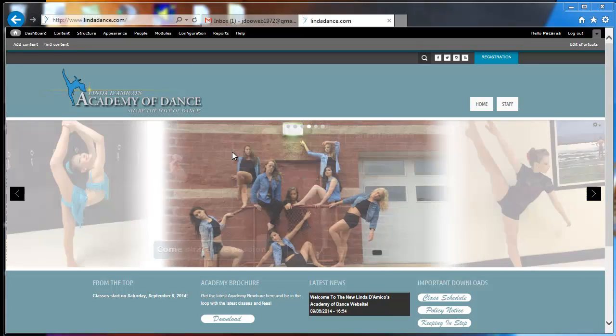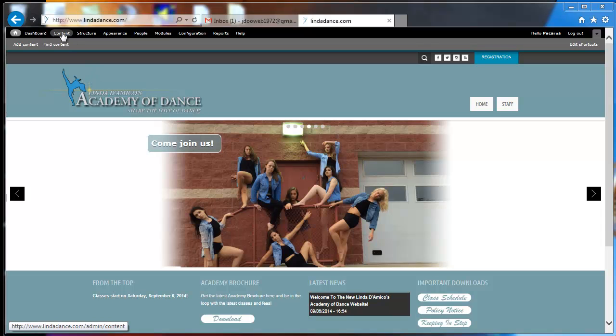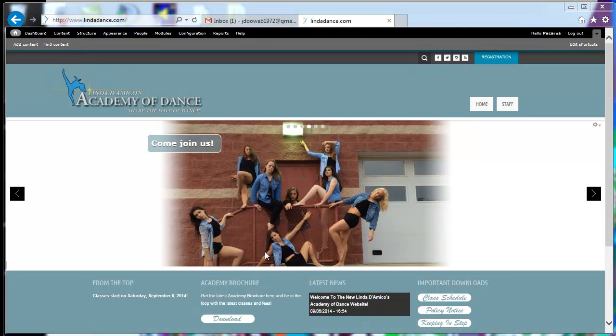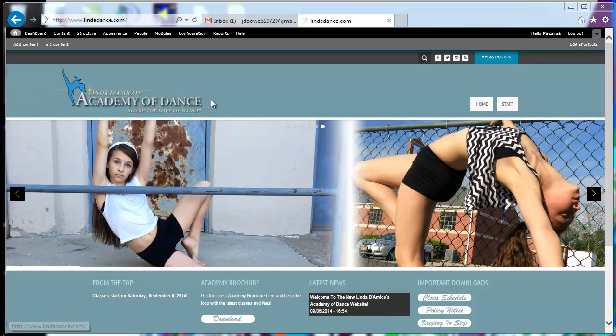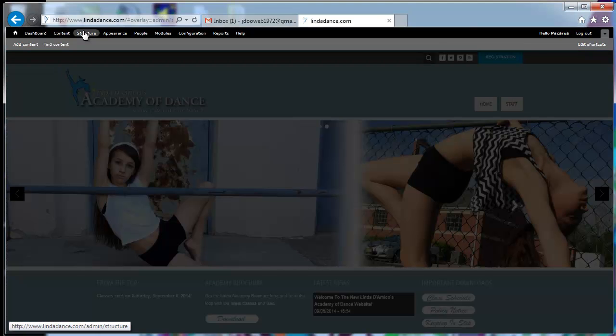So this whole time we've been working with the content button. All right. Drupal does something a little bit different with this MDSlider because it's an actual plugin from a third party, and it's not actually content. It's part of the actual structure of the site. So in this case, we're not going to go to content. We're going to go to structure. So if we click on structure,